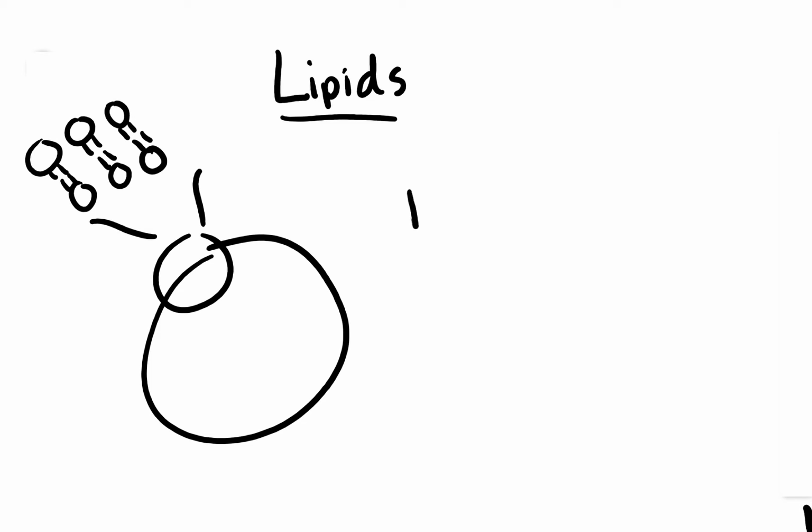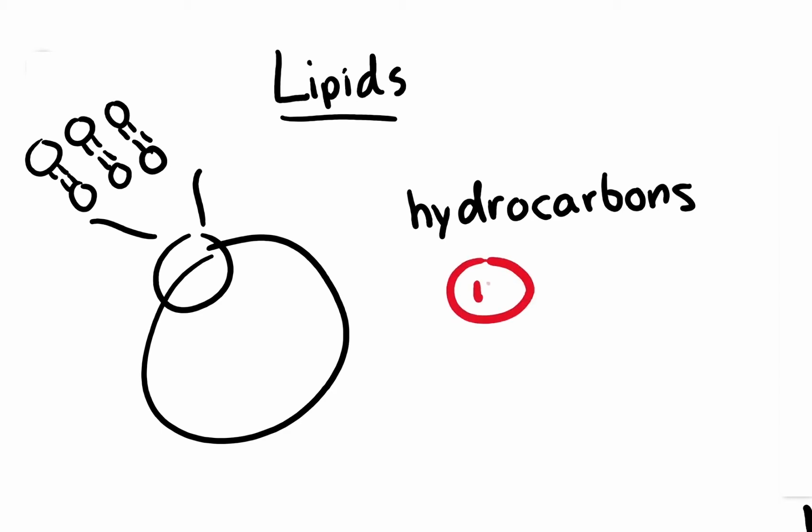Lipids are hydrocarbons, which means that they're made up of primarily two elements. They're made up of hydrogen and carbon, with small amounts of oxygen also found in their structure. But before I go into their structure, I'd like to tell you a little bit about lipids and how